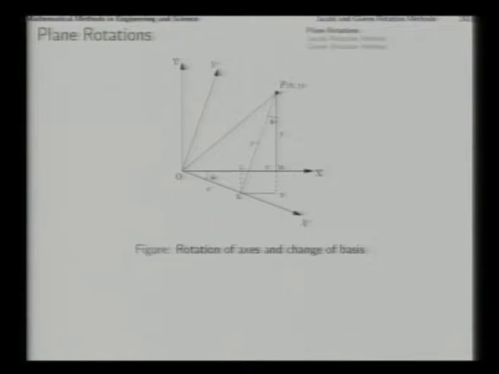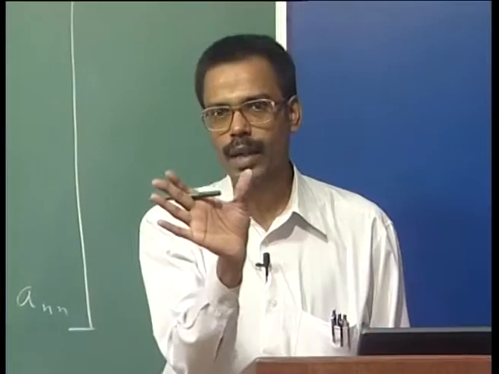First we study the plane rotation. In a simple 2D plane, xy plane, suppose we have got a point P with coordinates x, y, and we want to make a basis change, that is we want to change the frames of reference through a pure rotation such that the x and y axes undergo a rotation of phi. So, the new x axis is along x prime and the new y axis is along y prime through a rotation of angle phi.